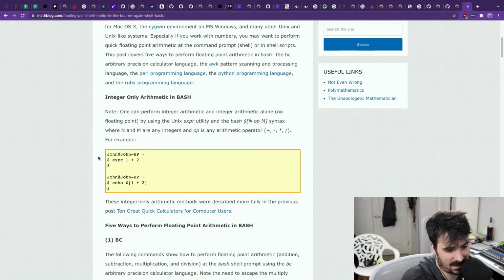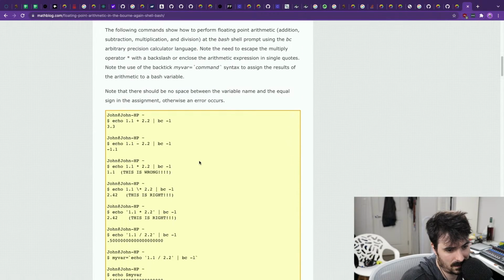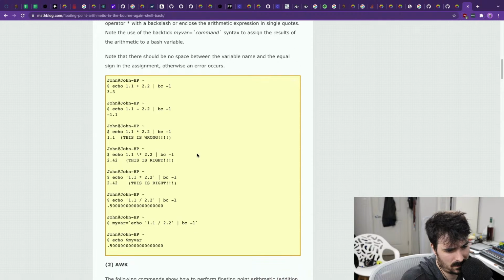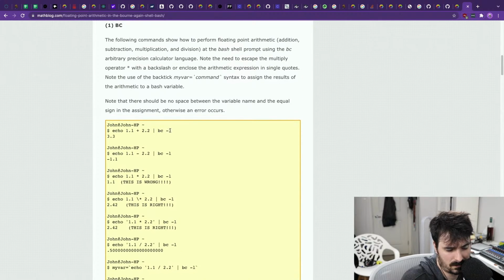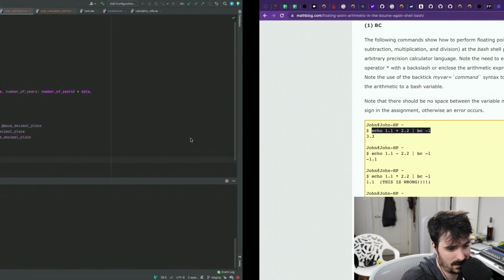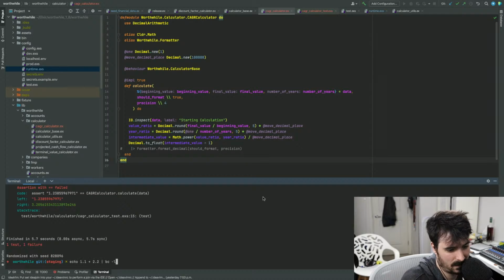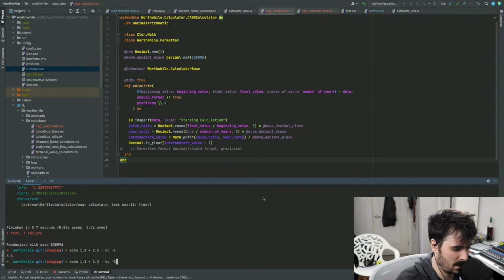Like, I don't think this is the answer, but wonder if this will work. It might work. All right, so our values are, specifically, our values are